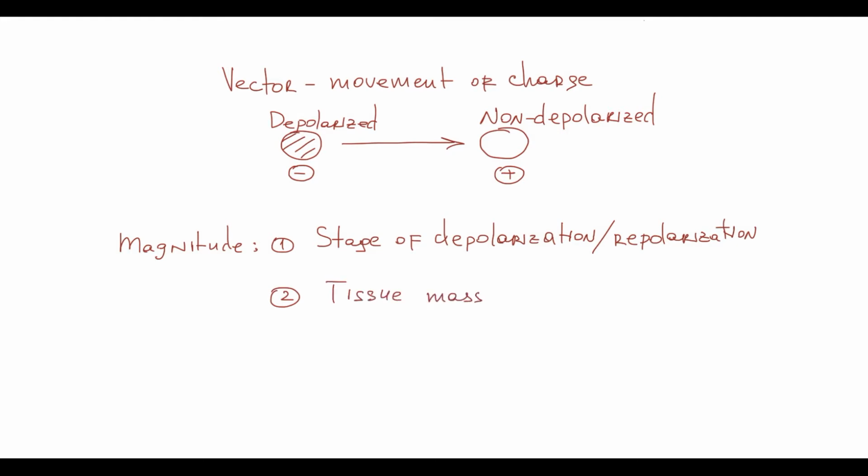It's important because the bigger the vector that is sensed by electrodes, the bigger the deflection from the isoelectric line. To explain this, there are 8 cardiomyocytes, and we know that the maximal vector is formed by the maximal difference in electric potentials. So in the resting state, all cardiomyocytes have positive charge, and if the first cell depolarizes, the charge becomes negative, and at this stage the difference in electric potentials is minimal, so the vector of depolarization at this stage